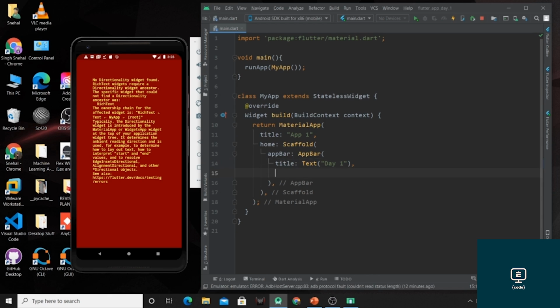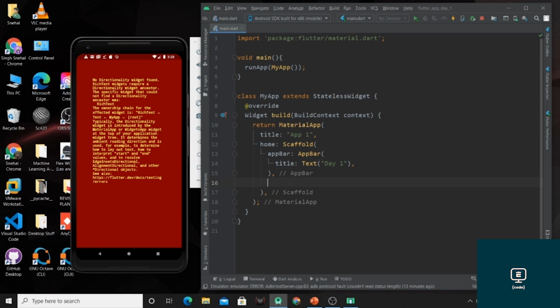Now whatever we are going to see inside our page will be on the base created by this Scaffold. So now we have mentioned the title of our Scaffold or of our page.